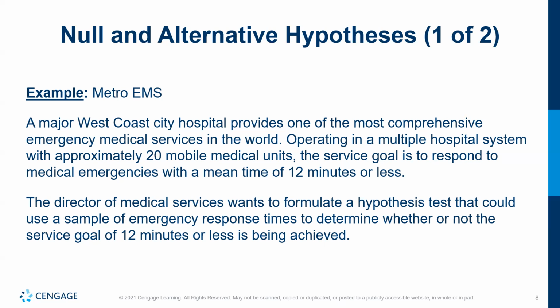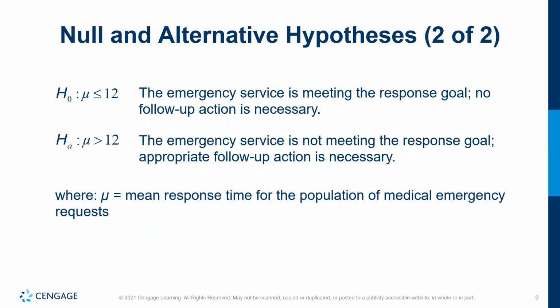But anyway, so our null hypothesis would be that the emergency service is meeting the response goal. No follow-up action is necessary. And our alternative hypothesis is that they are not meeting the response goal. So they're going to have to make some adjustments to make the goal, right? Usually when you find out you're not making a goal, your options are to make adjustments so you can make the goal, or look at the goal and ask, is that goal unreasonable? Should we not have such a stringent goal? So in this case,